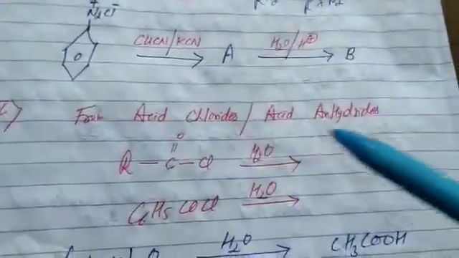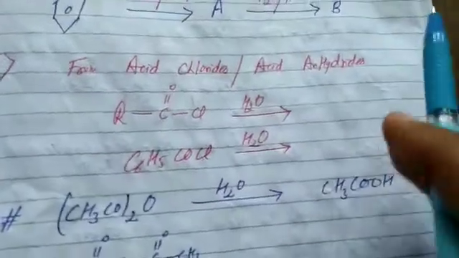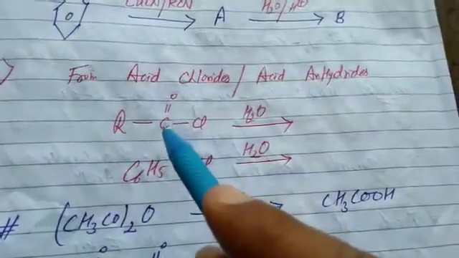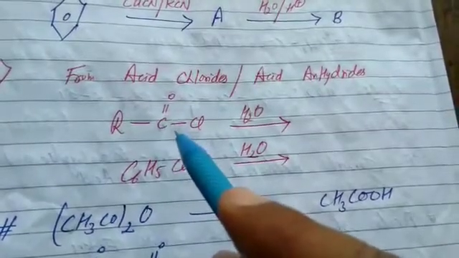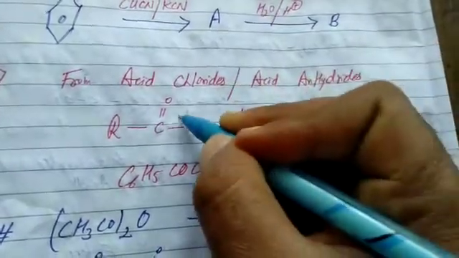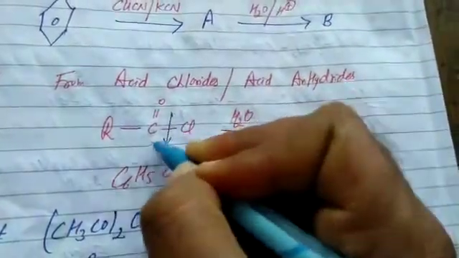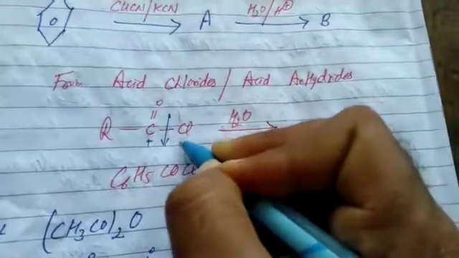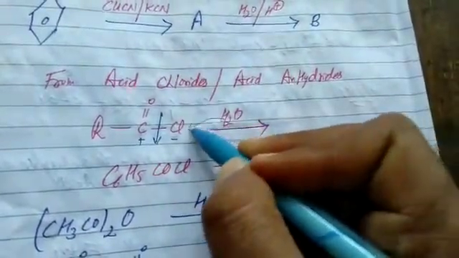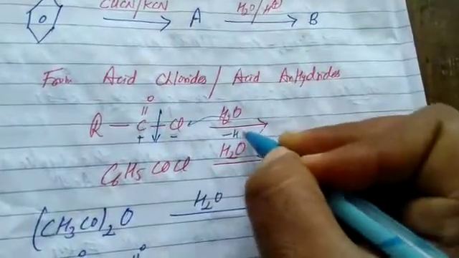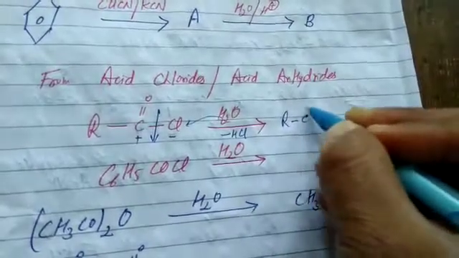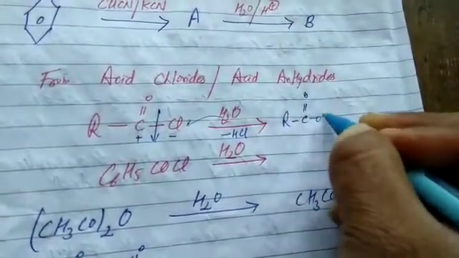Next, from acid chlorides or acid anhydrides. All of you know acid chlorides. When a halogen is linked with a carbonyl group, we use the term alkanoyl chloride for the nomenclature of acid chlorides. In acid chlorides, the carbonyl carbon-halogen bond breaks; carbonyl carbon acquires positive charge and chlorine acquires negative charge. Water contains H and OH. H strikes the chloride, eliminating HCl, and OH approaches the carbonyl carbon, leading to the formation of acids.